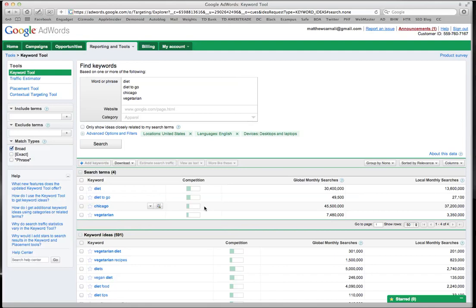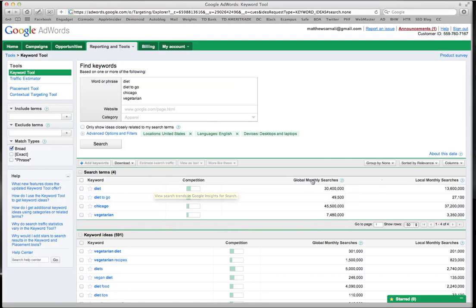They're obviously going to be searching for something about the city. So there's no point in going after a big word like Chicago just because it sounds in theory like a good idea to a client. It doesn't make sense if they want to be successful and have turnovers in their sales. So instead, for these things, diet's going to be, again, almost impossible as well,